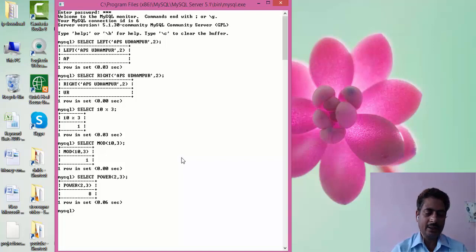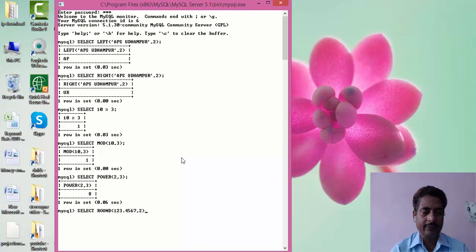Then next is the round function. To make the round value, select round 123.4567 comma 2. It will round the point value up to two digits.